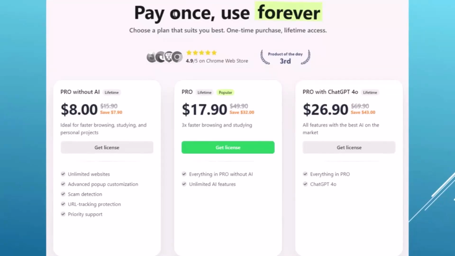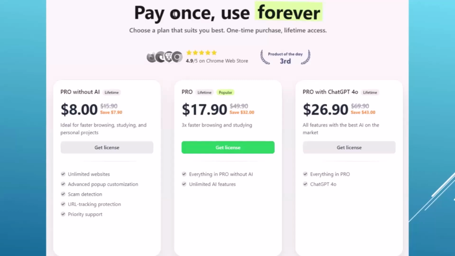Pay once, use forever. Now the cost, when you first take a look at the page, with the cost you see $8, $17.90, and $26.90. Well, that sounds like quite a bit per month. But if you read it carefully, it says pay once, use forever. In other words, if you want the Pro without AI, it's $8 and you're done.